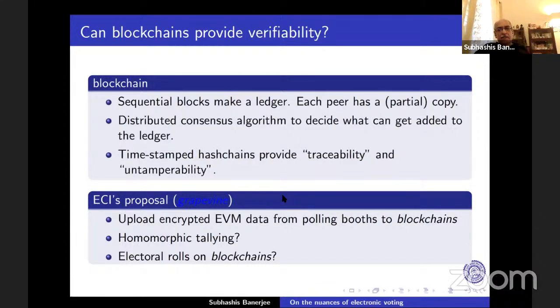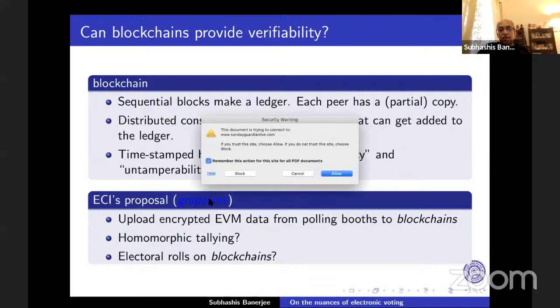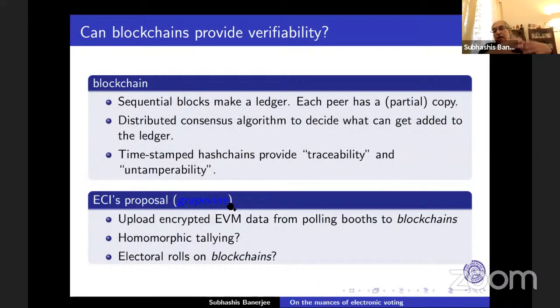So what is ECI's proposal? There is no official record of an ECI proposal. I have had some personal communication with the ECI. They wanted me to design an election system for them, but they didn't like what I said, so that conversation fell through. But there are public articles, in the Indian Express and so on, that I have linked here, so I won't go into them now, that seem to say